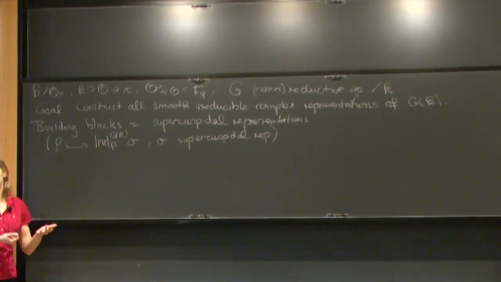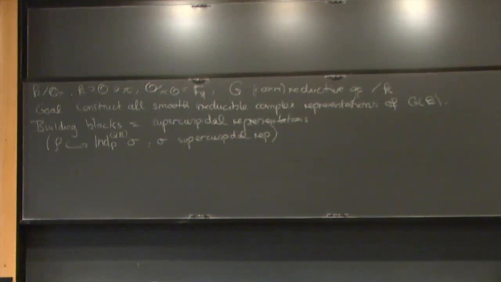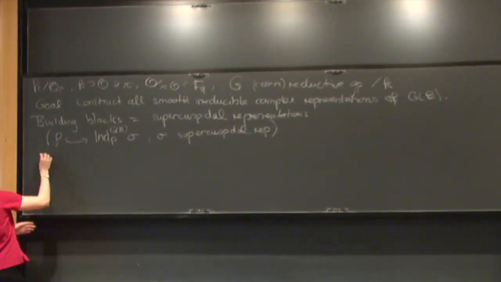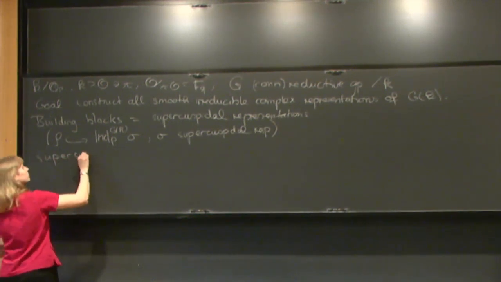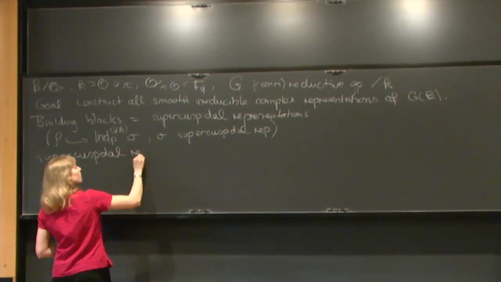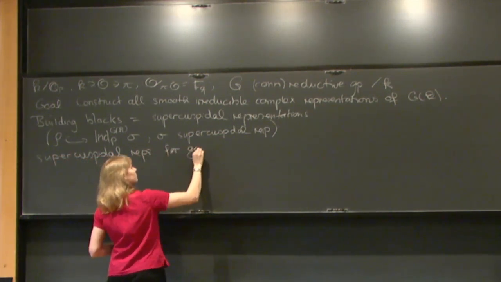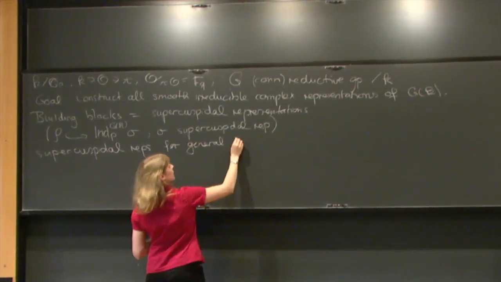And for GL_n, the story has been well known for more than 25 years, thanks to the work of a lot of mathematicians like Howe and Moy and Bushnell and Kutzko, and many others. And the story for classical groups has been known for about 10 years now, thanks to Shaun Stevens, who adapted the approach for GL_n and made it work in a setting where you look at fixed points of involutions, which are classical groups. But for general groups, much less is known. So what's known for general groups? That's what I want to focus on today.